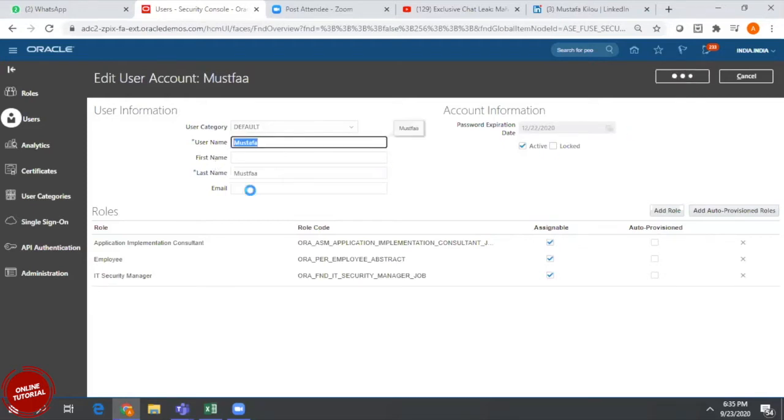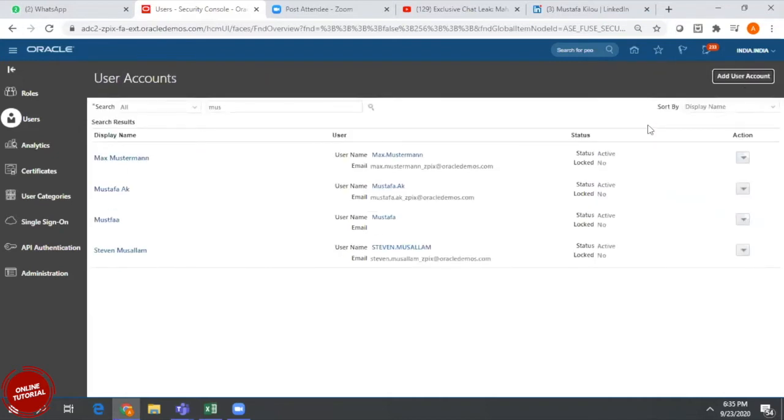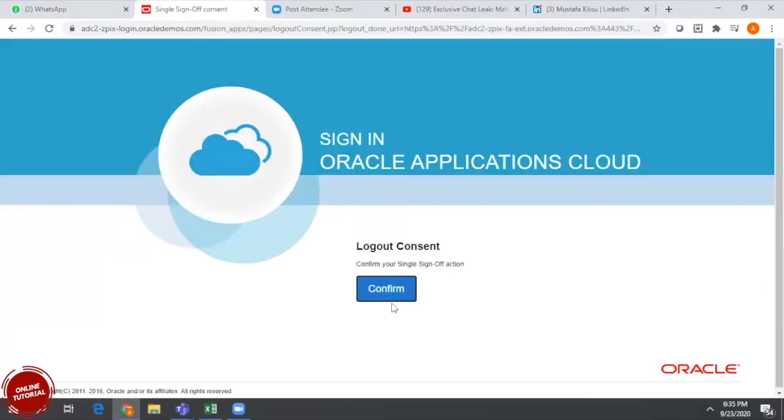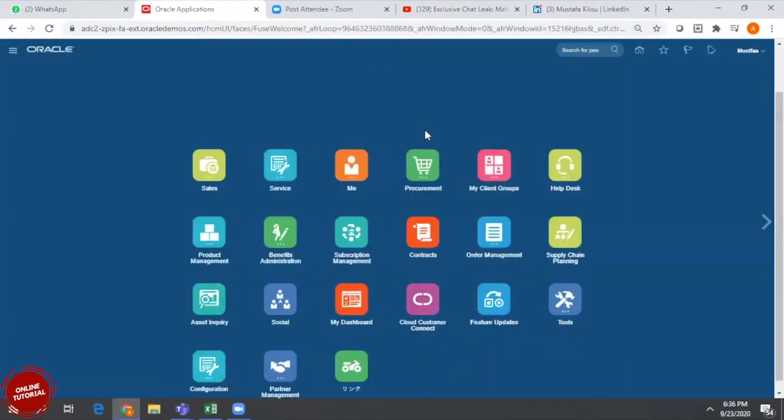Okay, click on done. Once I get the access through mail from the Oracle organization, we need to log in and perform the respective setups. So once I get the user ID and password, I am logging in as a project manager. Here select the user ID and password. If you log into this, this is a layout given by Oracle.